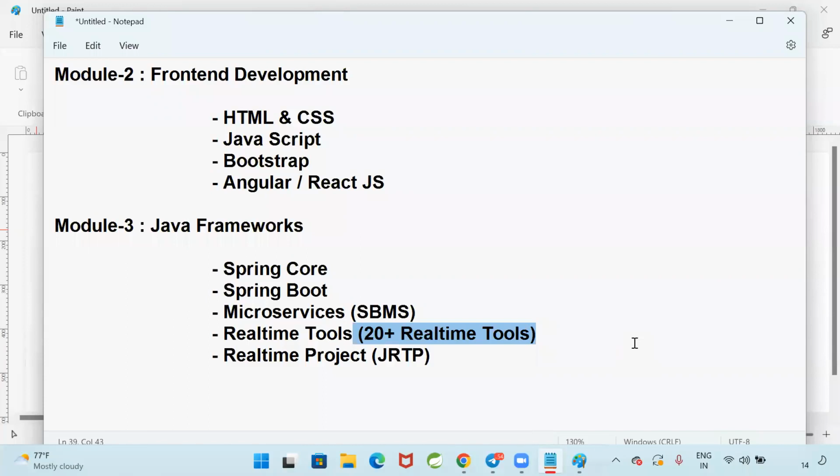Why am I teaching 20 tools? Did I learn the 20 tools within 1 year? No. I spent 9 years of time to work with the 20 tools. Tomorrow when you go for a job, 20 tools will not be available in any project. No project will use all the 20 tools that we are going to discuss. I changed 4 companies, 5 companies in 9 years. I developed 5 different projects with different technologies and different tools. That is my experience, and I am going to share all my experience with you as part of this training.